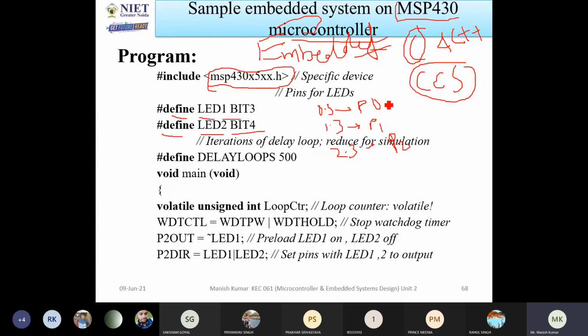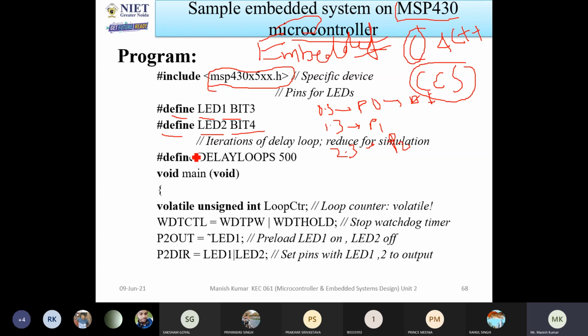In this way you can write. If you have written bit 3 and bit 4, it means that in the end you can mention the port only. Otherwise, if you are mentioning P0.3 here, that is port 0 bit 3, then this program is fixed for port 0. In the latter stage, I will fix the port from which you want to communicate the LED.